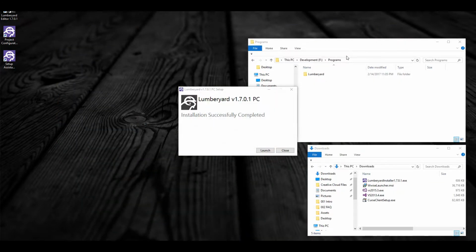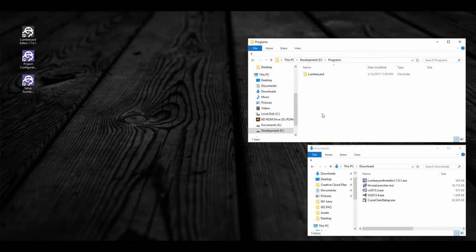Lumberyard successfully installed, and you may have noticed the creation of a few shortcuts on your desktop as it completed the installation. One of these is the Setup Assistant. This is what runs when you click on the Launch button. If you need to stop or close the installer window, you can do so. You can continue the installation later, or even update your install configuration at a later date by running the Setup Assistant. I'm going to close the Lumberyard setup window